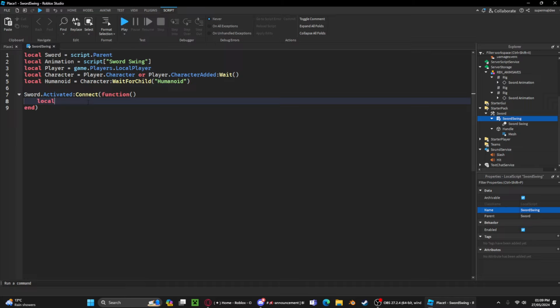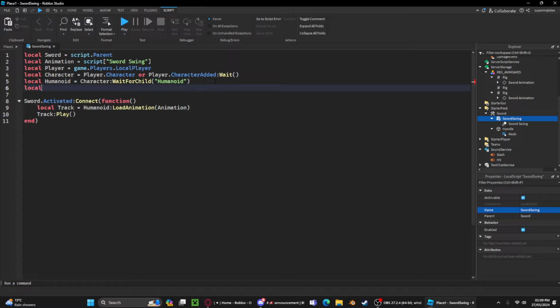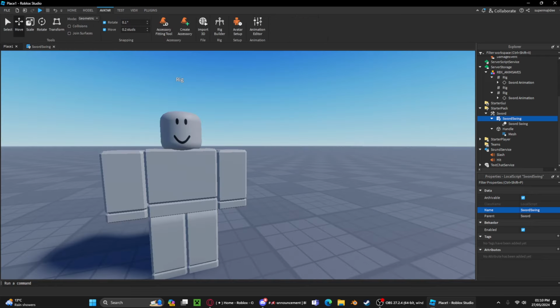And so what we're gonna do is create a variable called track, and we'll do humanoid:LoadAnimation and type in animation. And we can play the track. And then we can also get the sound from the SoundService, game.SoundService.Flash, and we can also play the sound. Now if you test this out here,